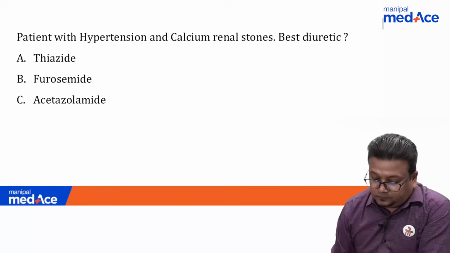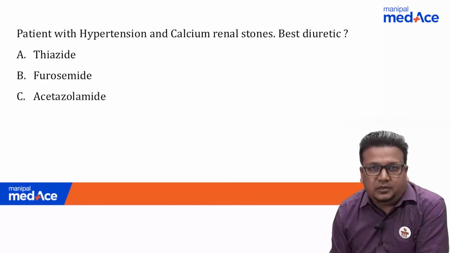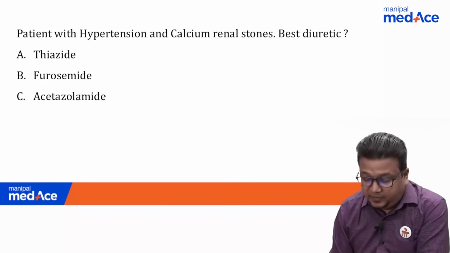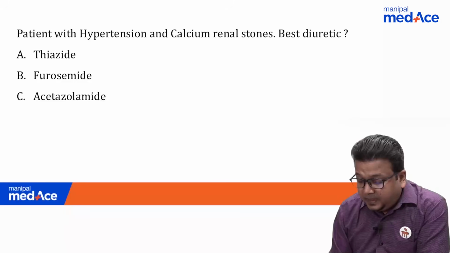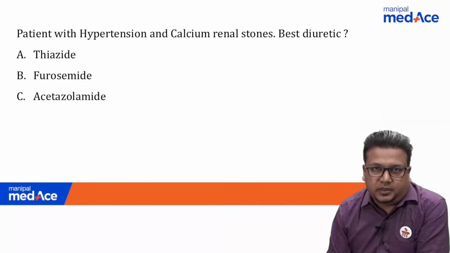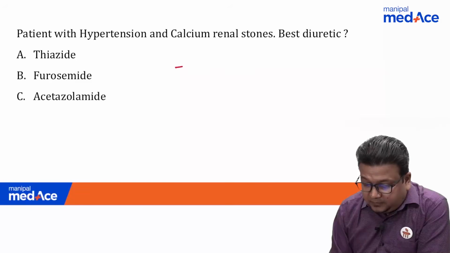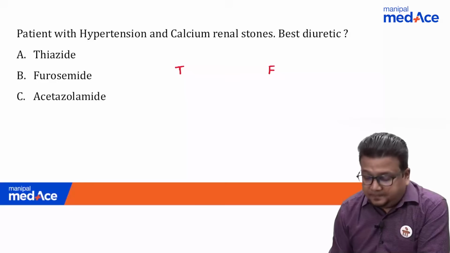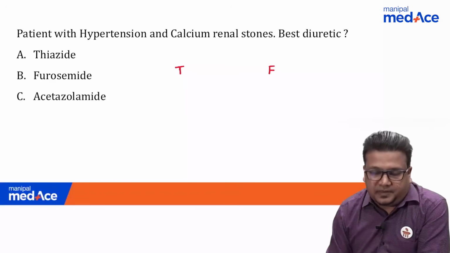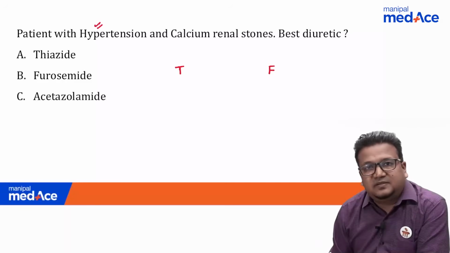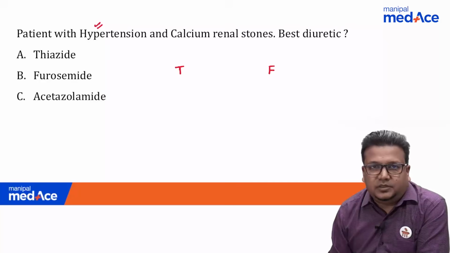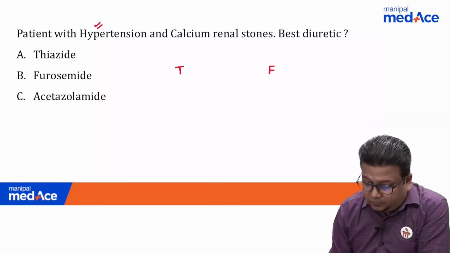Next question. It's a very important yet simple one. If you have seen my videos, patient with hypertension and calcium renal stone, best diuretic. So we know that between thiazides and furosemide, first thing is thiazides are preferred for hypertension treatment. So the patient is hypertensive, so we are tilted towards thiazide as the answer. Furosemide is not the best diuretic for treating hypertension. Also we know that thiazides increase